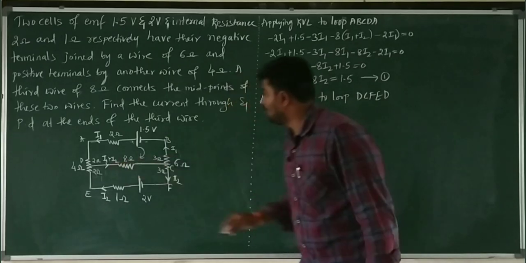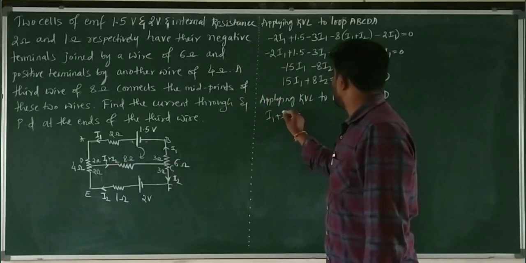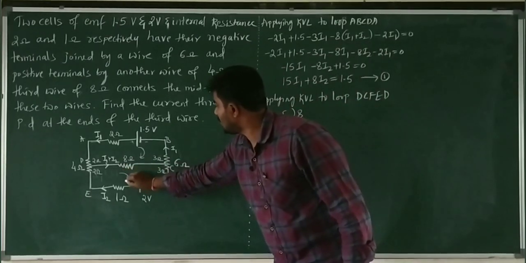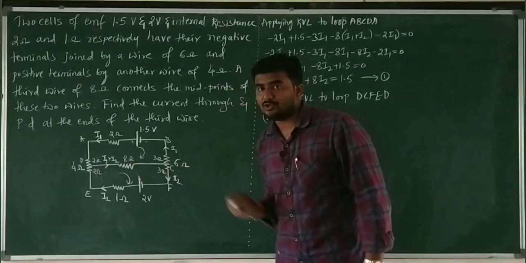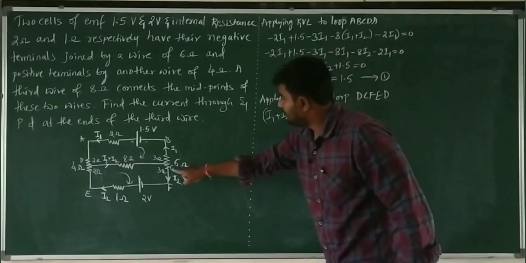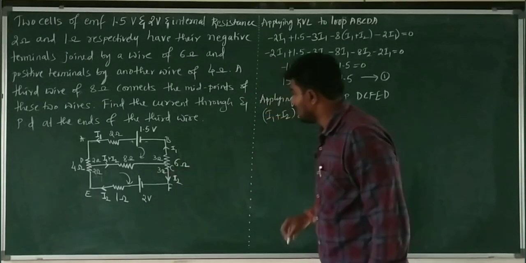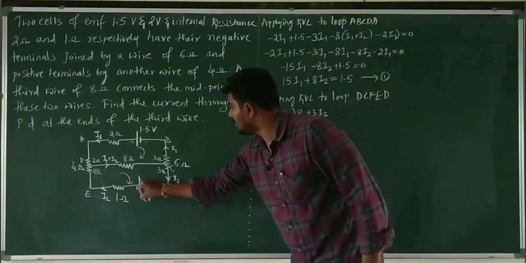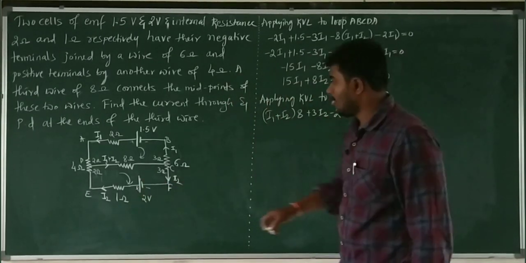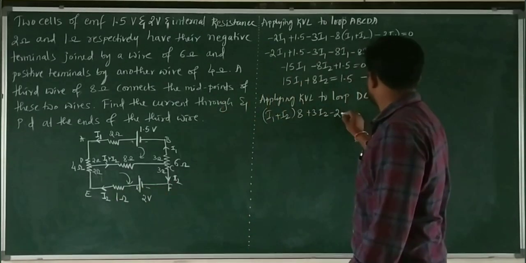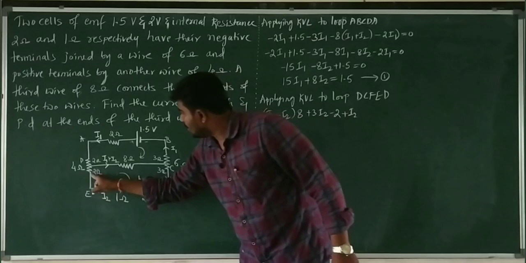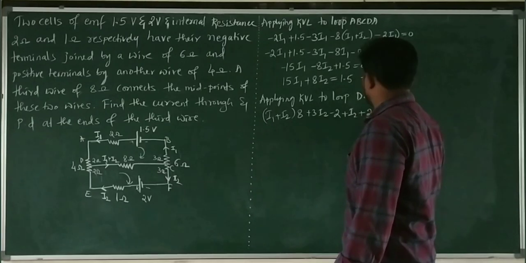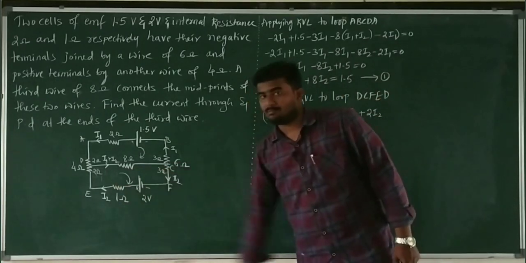I1 plus I2 into 8. Once again you are moving clockwise, and the current direction is also in your same direction. I2 is there, a 3 ohm resistor is there, therefore it is plus 3 I2. The negative terminal comes first, therefore it is minus 2. The 1 ohm resistor with current I2 gives plus I2, and the 2 ohm resistance multiplied with current I2 gives 2 I2, because the current direction and your direction are both the same,